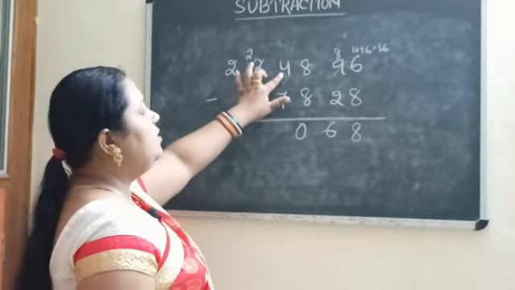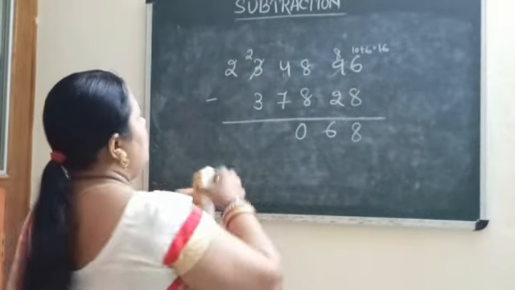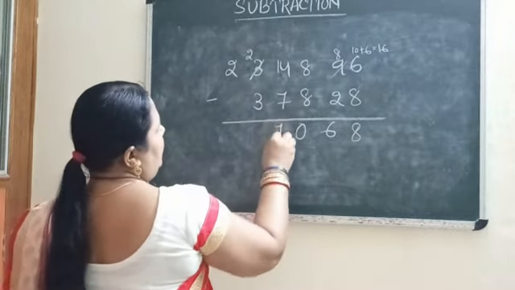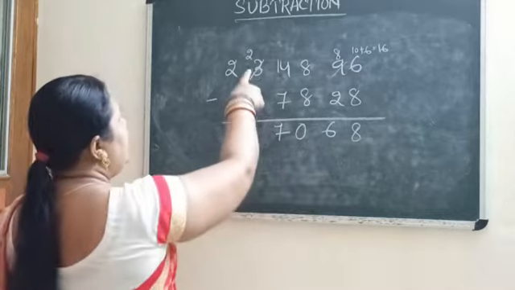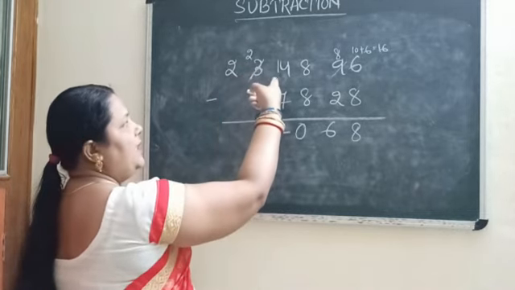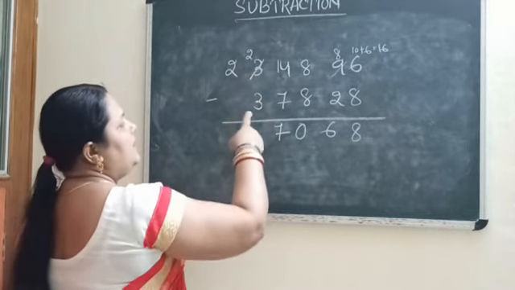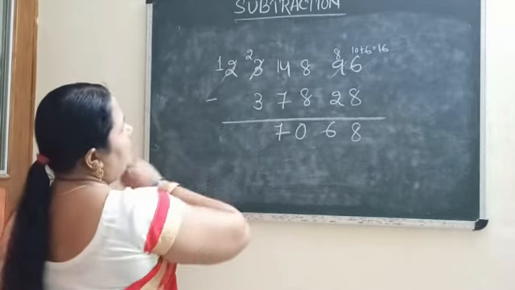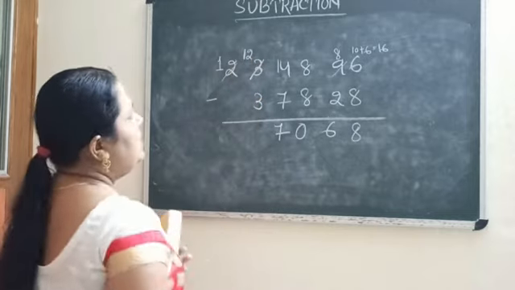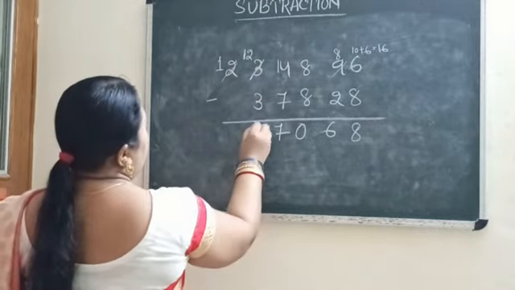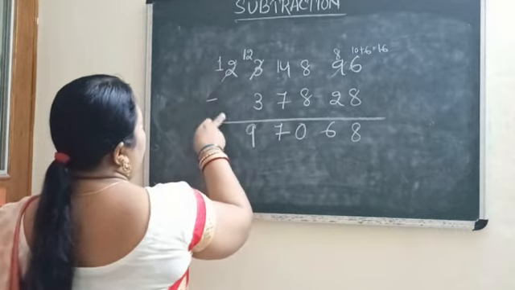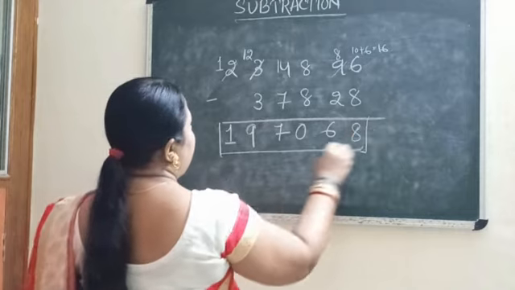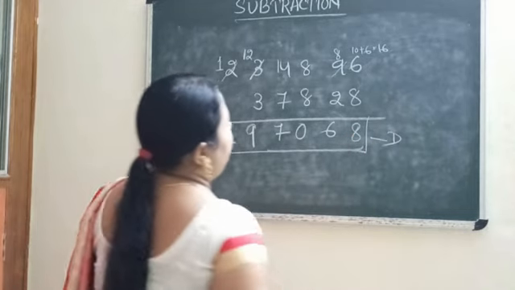Okay. So if you borrow here, then how much is it coming? 10,000 equals 10 thousands. So if we add here 10, then it becomes 14. 14 minus 7, again 7. Then here 2 is left because we have already taken 1. So it is 2. 2 minus 3, again we cannot subtract. So we will borrow from here. Here will be 1 and borrowed from means here will be 12. 12 minus 3, it will be 9. And below 1 there is nothing, so 1 will come down. So this is your answer and this is called your difference.